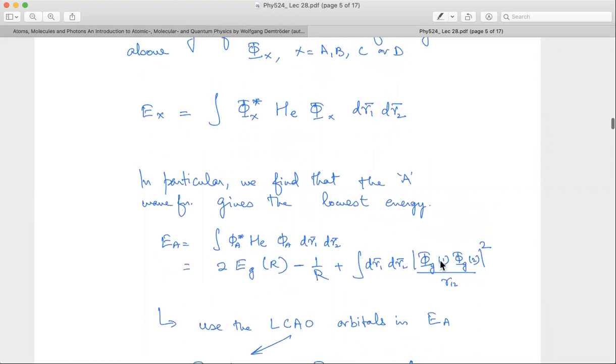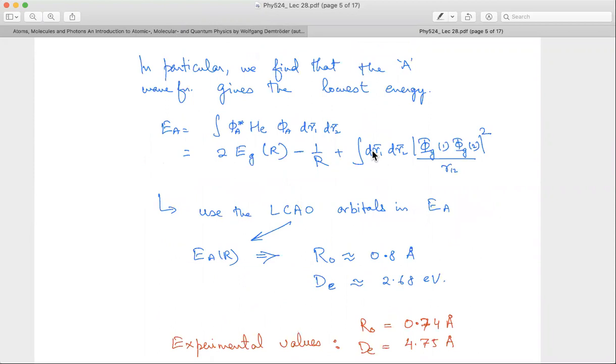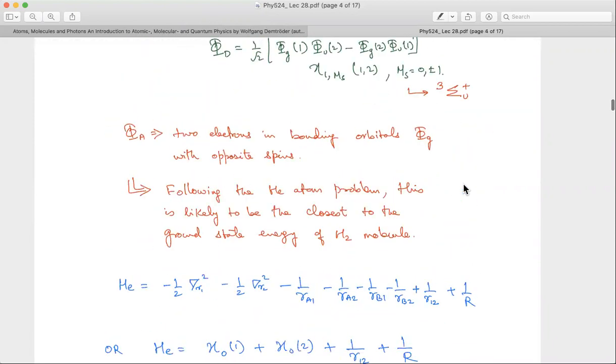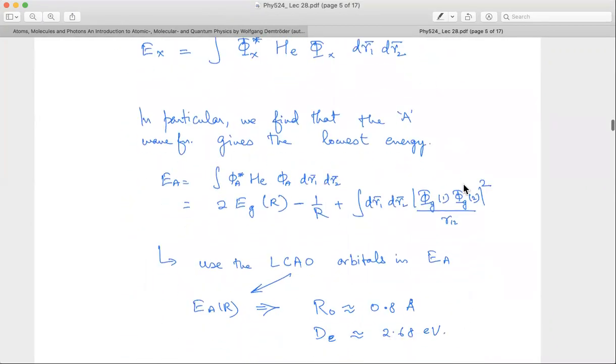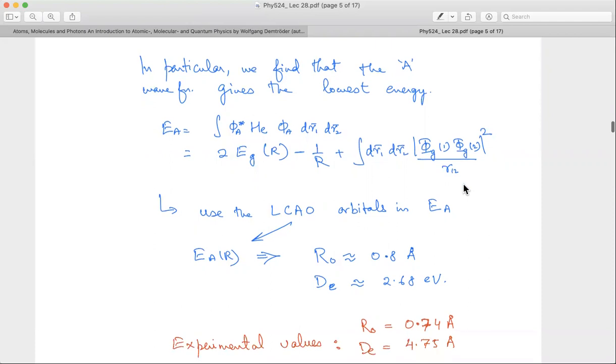So that's your energy eigenvalue basically. Okay. And I said that I will start from this ψg, ψu, etc. But I did not specify that this ψg and ψu, even for the H2 plus ion, can be calculated either exactly or within the LCAO approximation or within some other approximation. So if I just use the LCAO approximation, linear combination of atomic orbitals approximation, that we did explicitly in